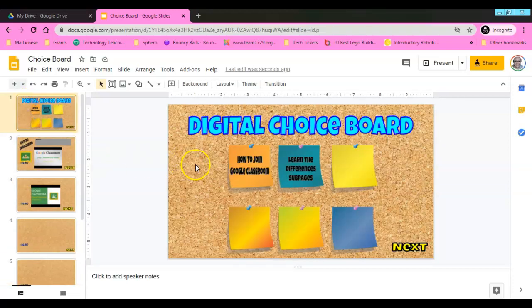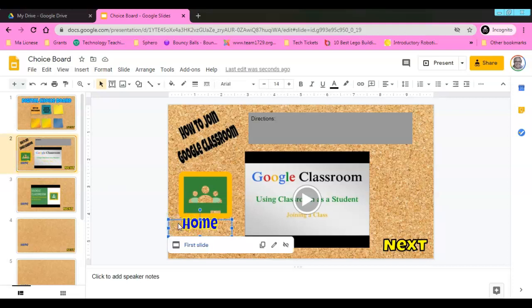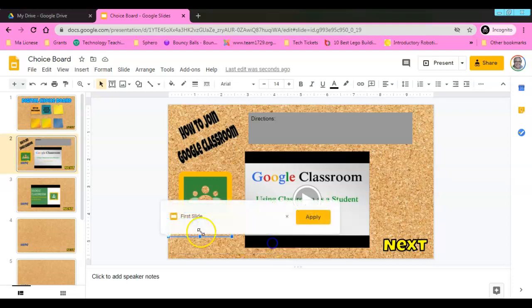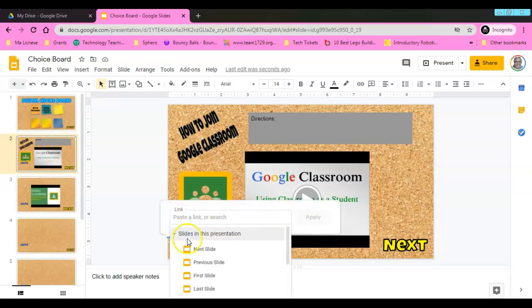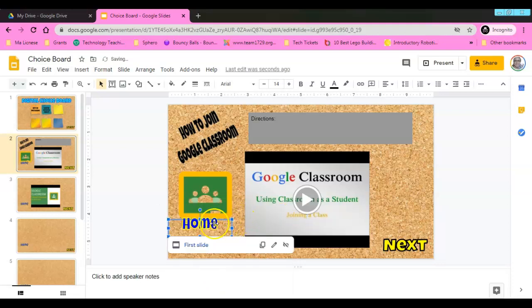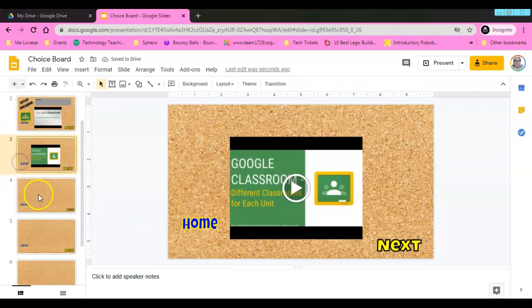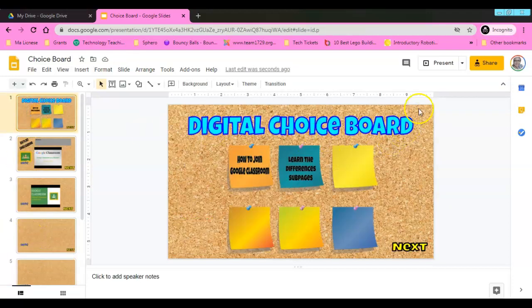Now we will then go up to the word home. Home is not located on the first one because this is the home stop page for the choices that the students can select. On page 3 through 7, or 2 through 7, I have the word home. What you do is you click on the shape, you right click, you select it, and you say that you want it to be the first slide, and then apply. If you were to go down and do that to all the homes that you have, if you go into present mode,